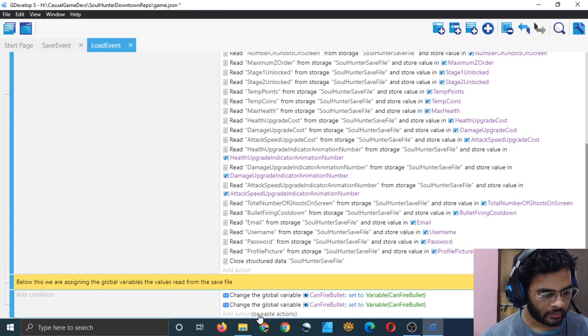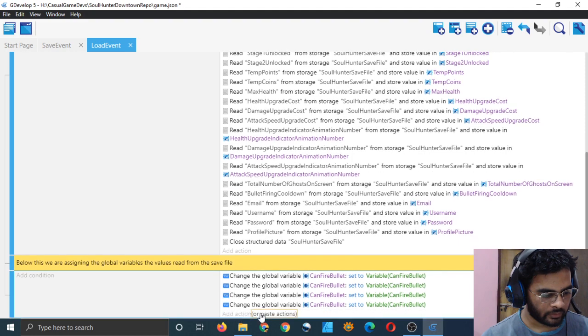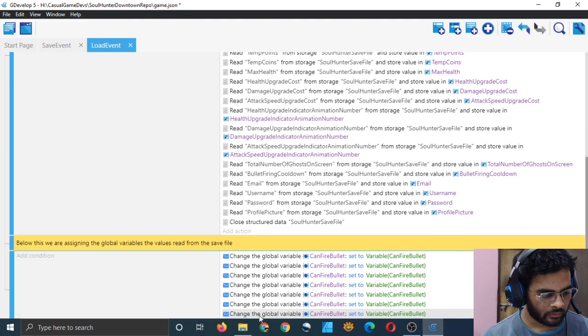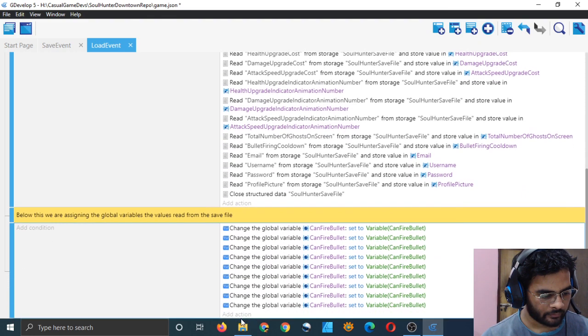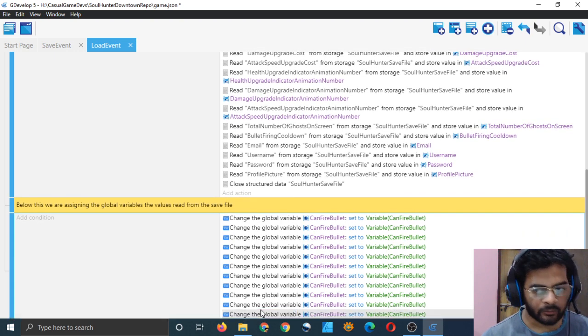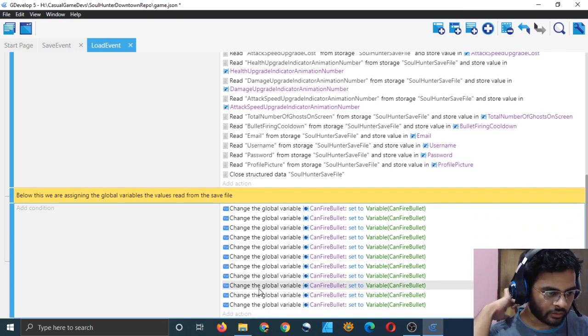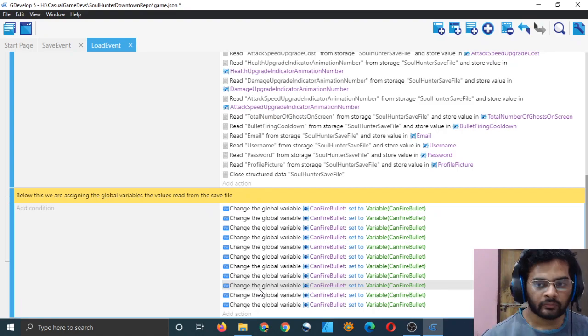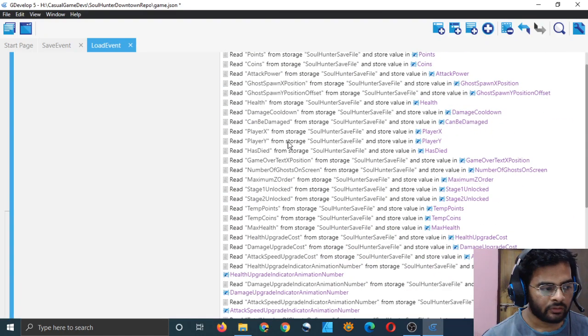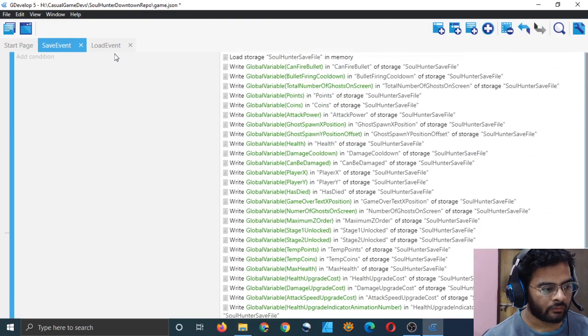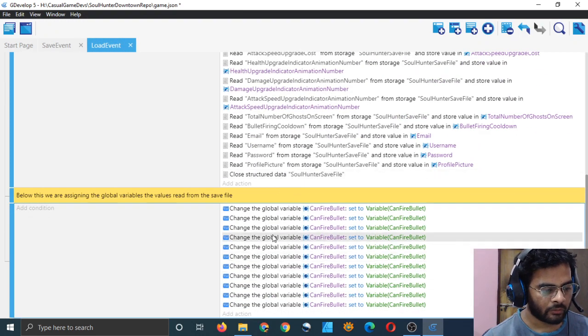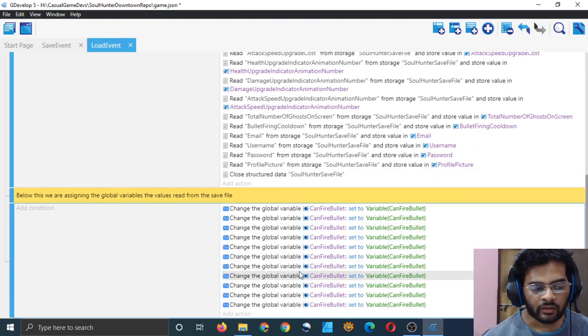Copy and paste and paste and paste it all the times. This is the last time we have to do this exercise, I mean, writing the values for every variable. We did it in save event and we did it in load event, and we are doing it once more, and that's it. And after this we don't have to do this kind of thing.